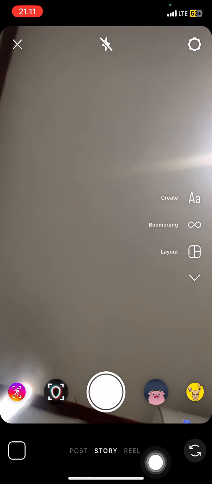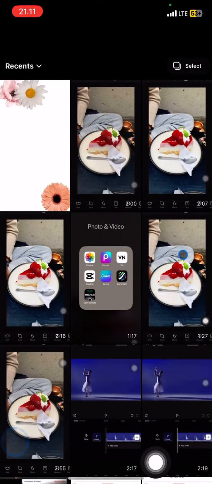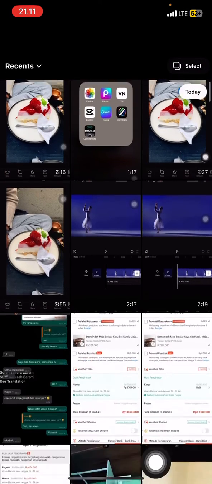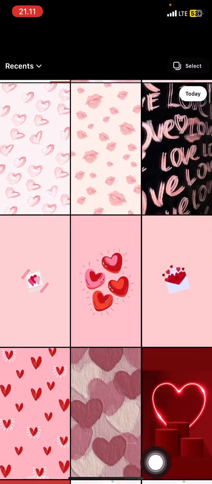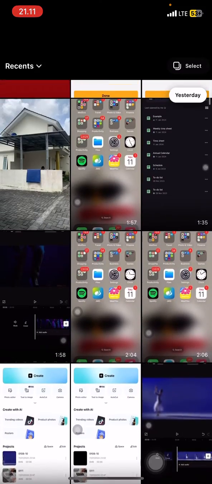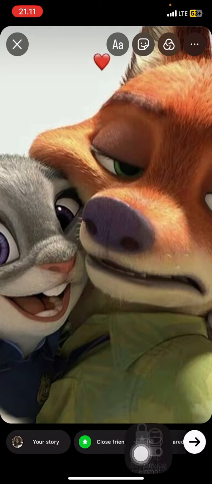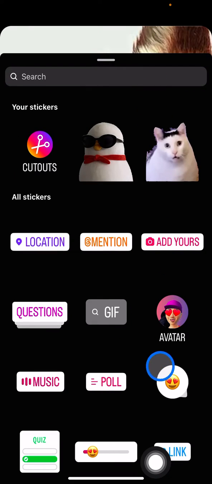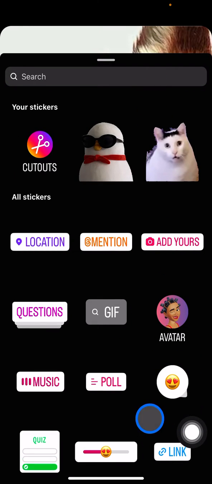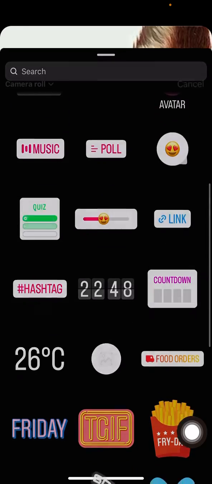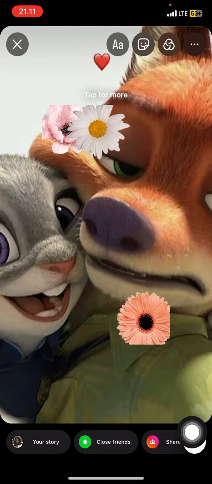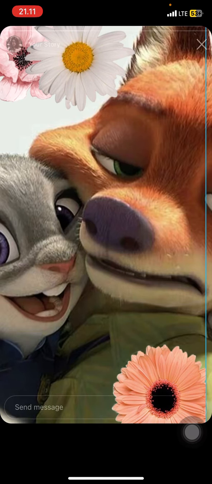tutorial today? You just need to open your Instagram application, open your story section and add the picture that you want to have, or let's say let's find the picture first here, and let's add the frame that we already made before by clicking these symbols and clicking these features and adding this,